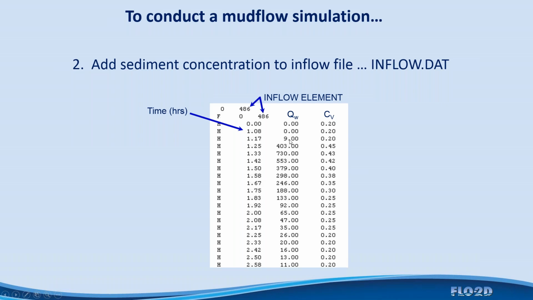There's time and water discharge. So if this is your 100-year water event, if you turn off the switch for mud equal to 1 and leave off the concentration, or even if you have the concentration by volumes, it will just run this as a water event, and you can model the water event. Now, if you put in all 45 or 50% concentration by volumes here, you'll model this as a uniform